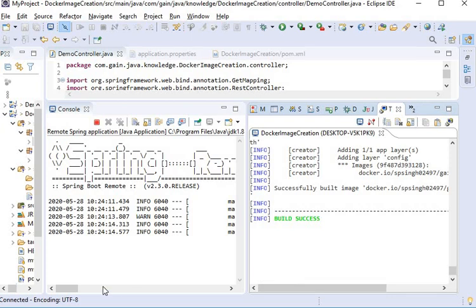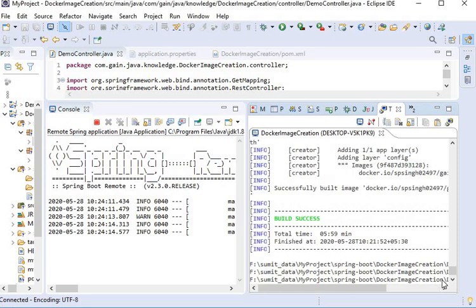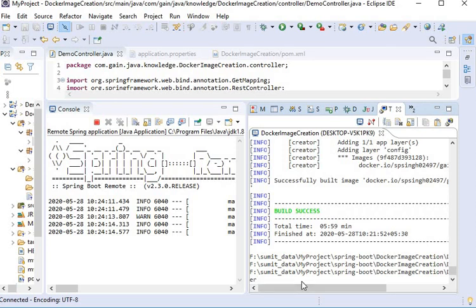So here I will type docker run -p and the port number 8080 and its tag name, that is our image name, gain Java knowledge.